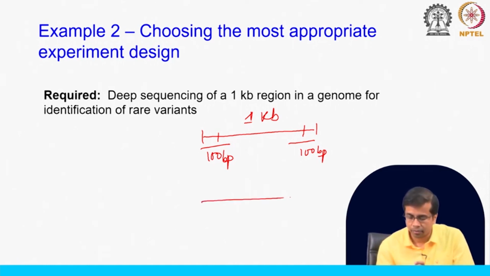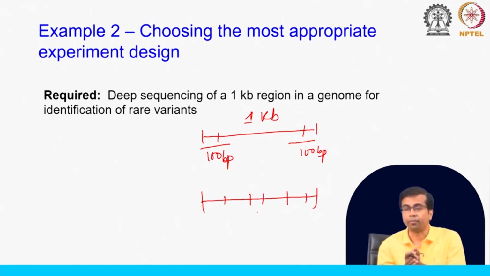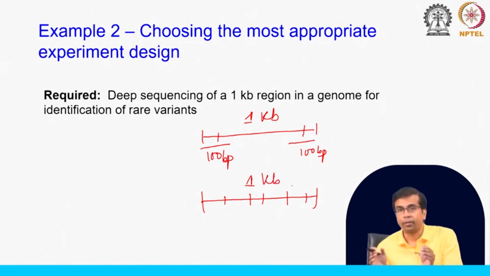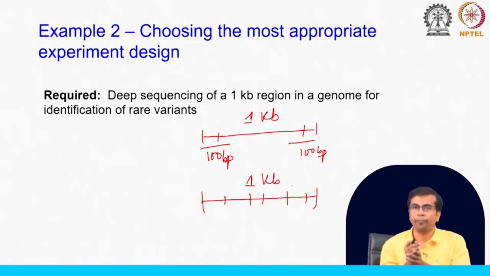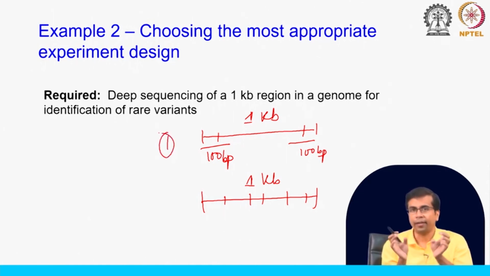or do you expect these variants to occur throughout this 1 kb region? So, not just at the end, but throughout this 1 kb fragment. These two cases will have two different solutions. It is not just one solution. In the first case, since they are towards the end of this region and the start of this region,